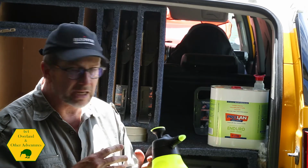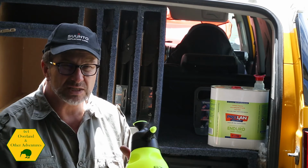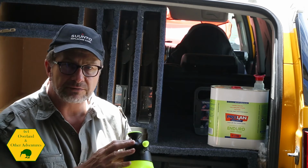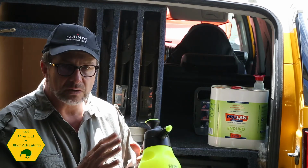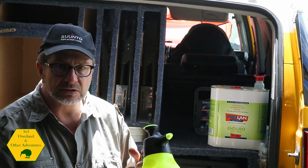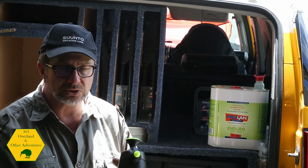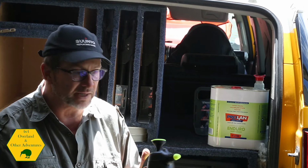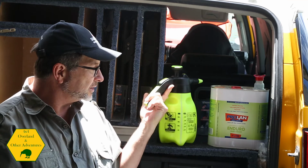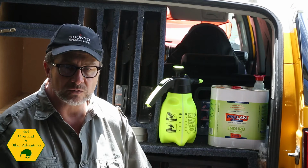Lanolin or ProLan or whatever lanolin product you're using can get quite sticky when it dries. When I say sticky, it'll block the nozzle. This has got a very fine filter inside, so I washed it. They have all sorts of products that they suggest. I used normal dish liquid, the stuff that you use to wash your dishes. I put it in here, shook it up, washed it out, sprayed it through a few times, and it still works. The other thing I used is a rag, just any old rag, to wipe the excess off,